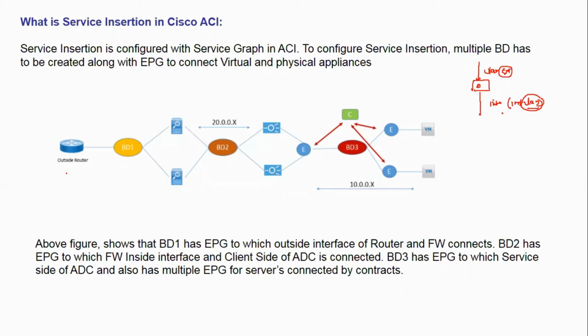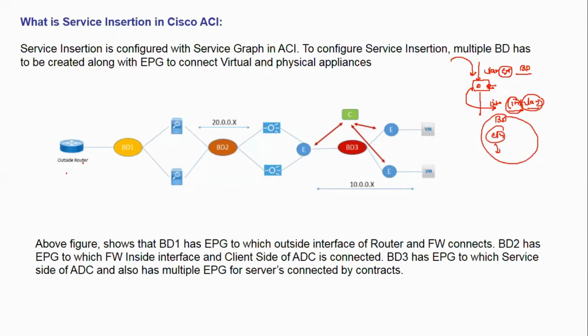What we do is create a bridge domain: an external bridge domain and an internal bridge domain. In the external bridge domain, all your traffic will hit. Then the firewall or load balancer will use whatever policies you have configured, and redirect the traffic to the internal bridge domain